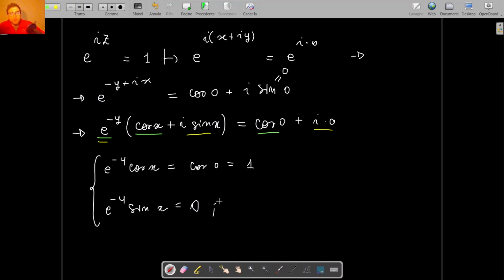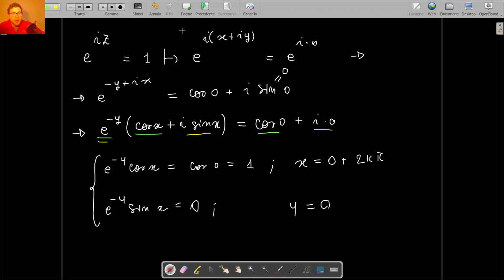So from here, since we want these equations to hold, we can say that y must be equal to 0 and x must be equal to 0 plus 2k pi,